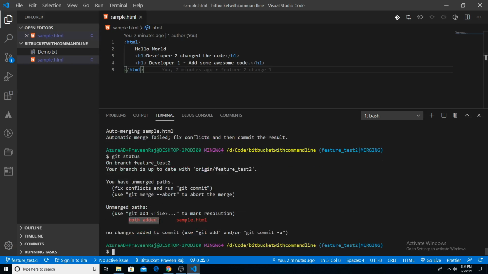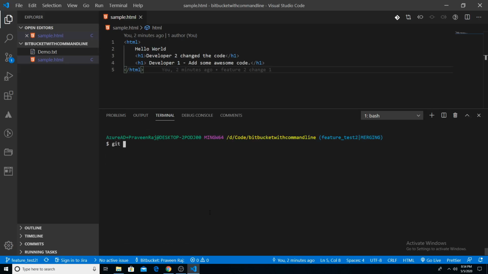So it looks like both added. It says, you know, you made both the changes. So now I can go and do whatever I do regularly. Let me clear my screen. So git add ., git commit. I'm going to put in my message and say